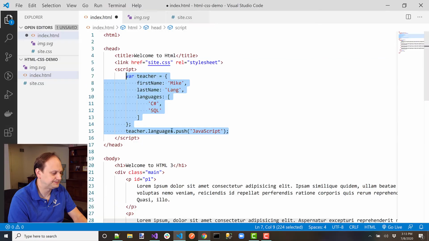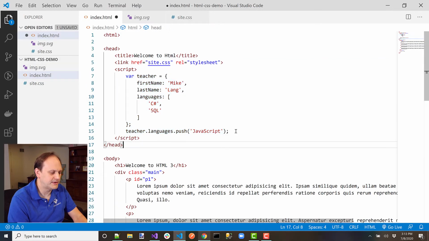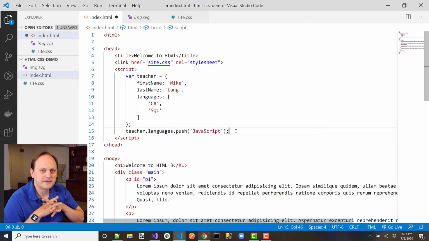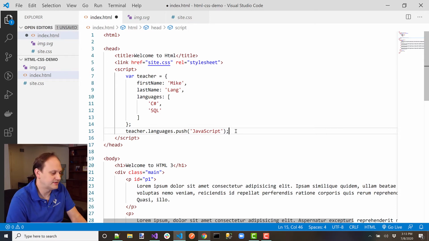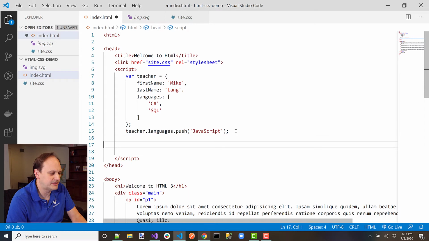We know that works. All right, so what else can we do? We're not going to manipulate any elements on the page today. We're going to save that for the next lesson. But we're going to try to use the values to build some messages. So let's start. The next thing we want to do is output the value of their name as